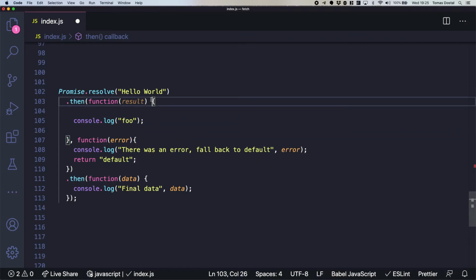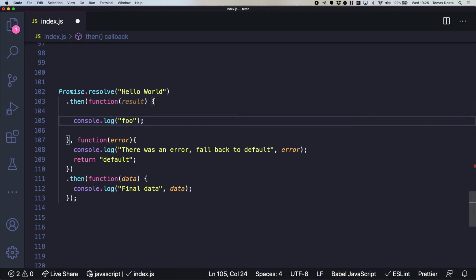So what do we do inside of this function? Here we have the beginning of the function, here is the end of the function. What do we actually do inside of the function? We just return hello world.